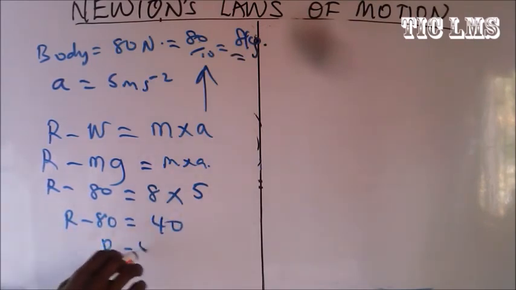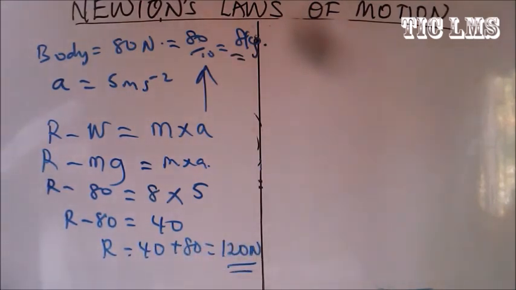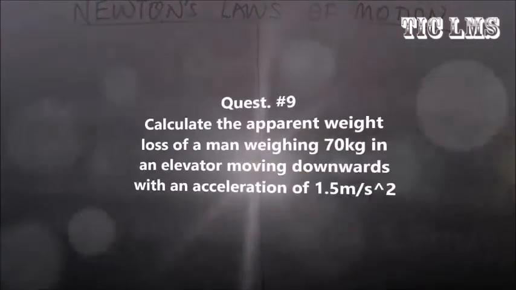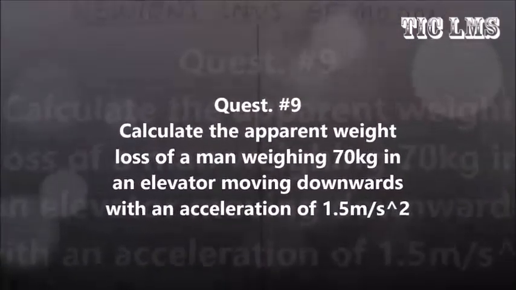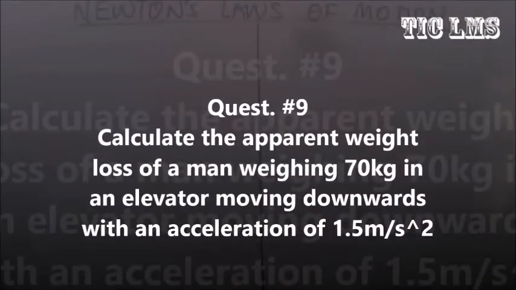So R equal to 40 plus 80, and that is 120 Newton. So 120 Newton is the force exerted by the floor on the body. This next question says, calculate the apparent weight loss of a man weighing 70 kg in an elevator moving downwards